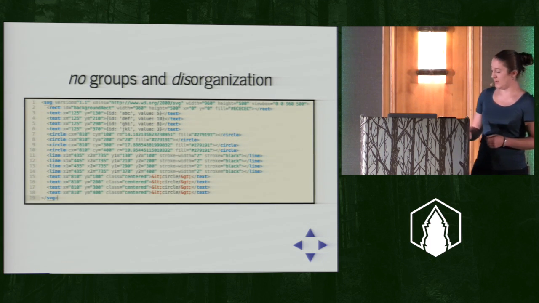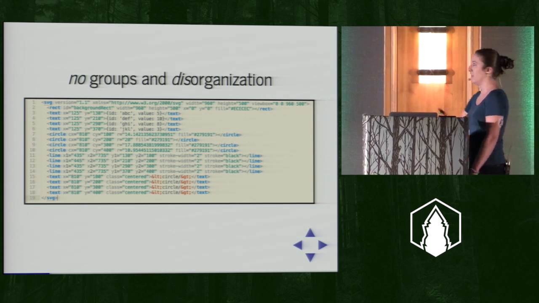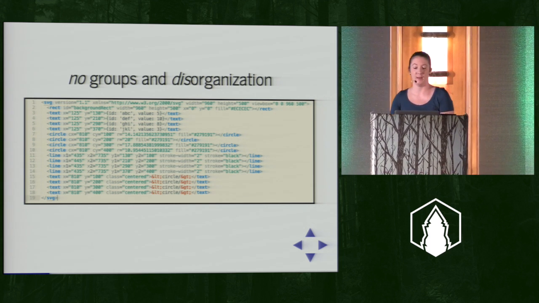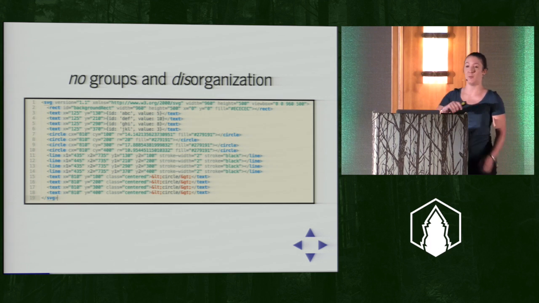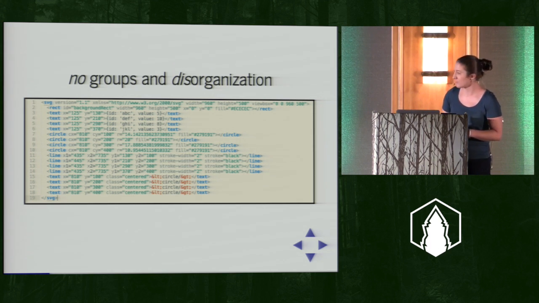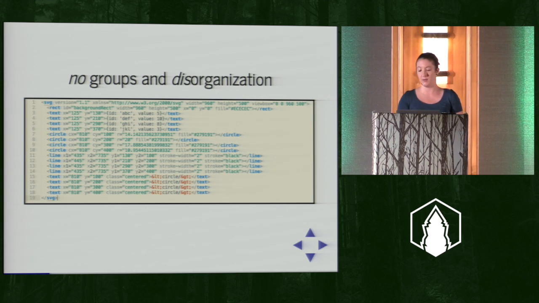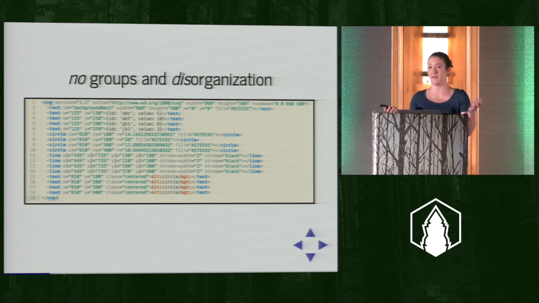This is probably pretty tiny, but all you really need to see here is that what we've got is an SVG with a totally flat structure. We're just dumping stuff into this SVG element. This is actually the SVG that I hand-coded for that diagram I showed you about binding data to DOM elements. So this is just everything in that diagram all at one level. Here, it's not too hard to understand, but you can see that in a much bigger project, much bigger than that little diagram,